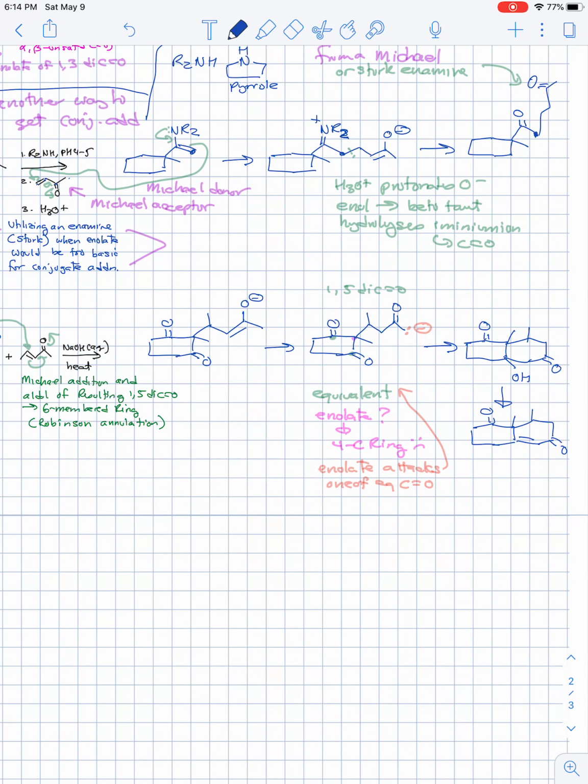And again, this process of the Michael addition and then the aldol reaction of the resulting 1,5-dicarbonyl is known as a Robinson annulation. And I promise that I will not ask you to do a question where you have to work this backwards, although it's pretty logical to do. If you ever do have to do it, my recommendation is you do the retroaldol, and then you figure out what pieces you need to do